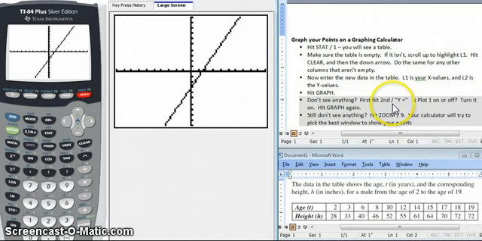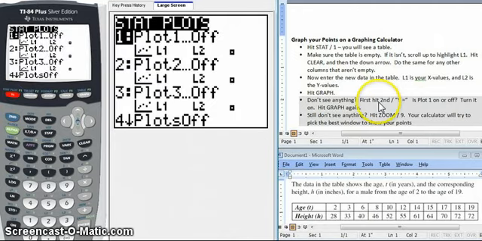So as it says here, hit second Y, and this brings me to an important point about your graphing calculator. There is this second button in the top left. Notice that every other one of the buttons has at least two different capabilities. For example, this button here has mode and then quit. This second is kind of like a shift button that brings you to the blue function of every other button. So if I hit second and then Y equals,